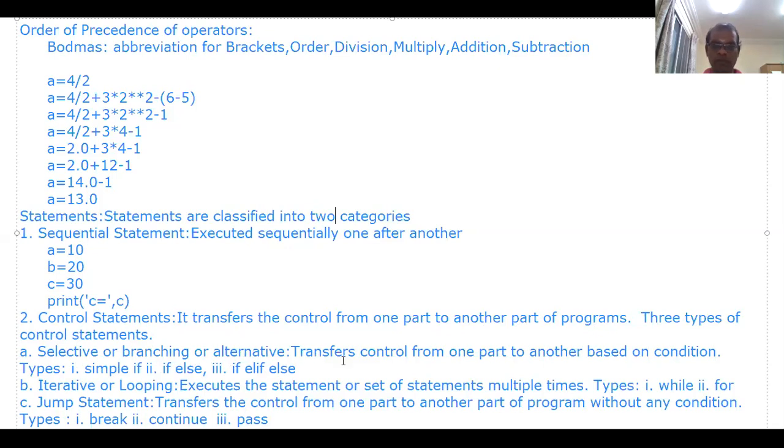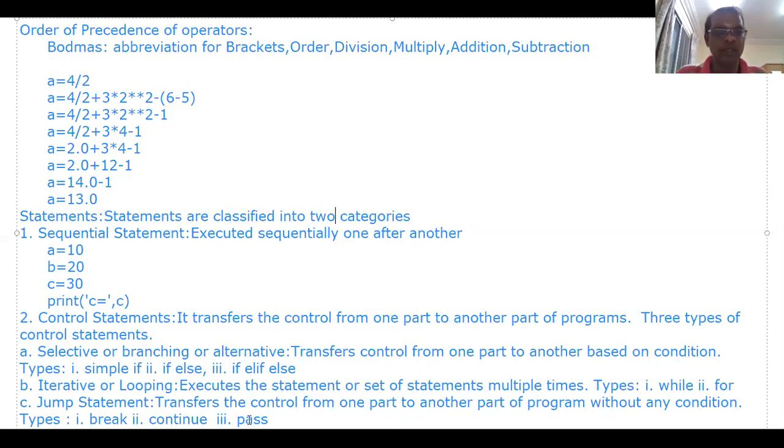Selective statements transfer the control from one part to another part based on some conditions. Types are simple if, if else, if elif else. Iterative or looping statements execute a statement or set of statements multiple times. There are two types: while and for. Jump statements transfer the control from one part to another part of the program without any condition. Types are break, continue, pass.